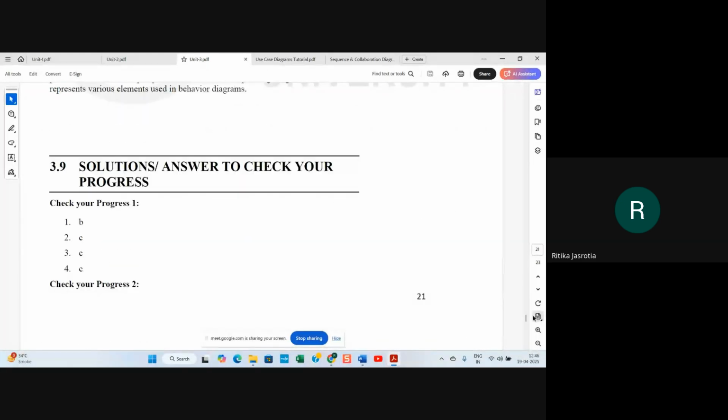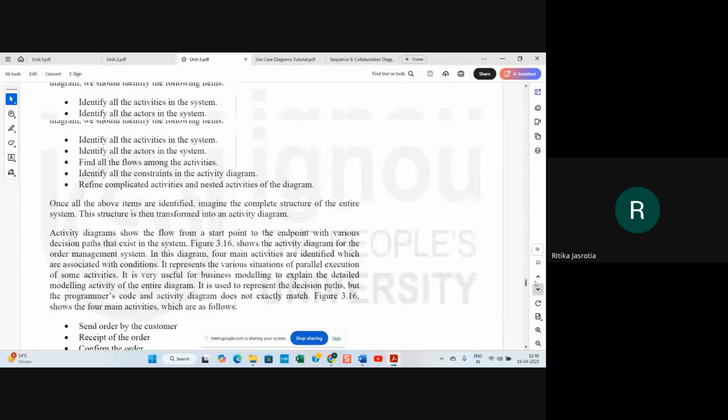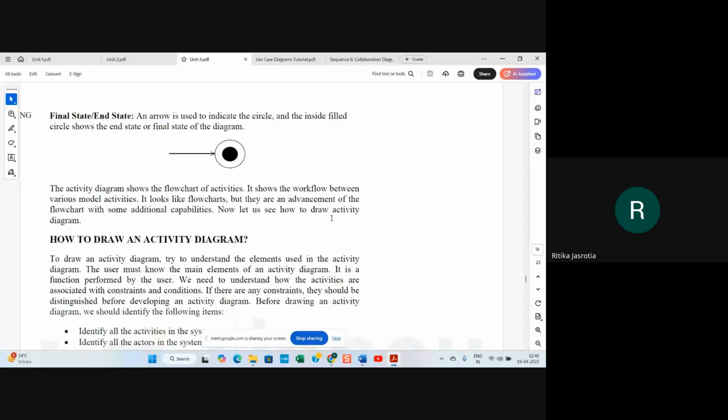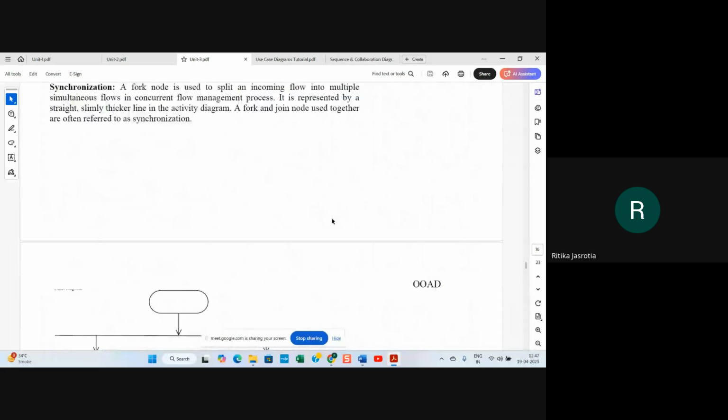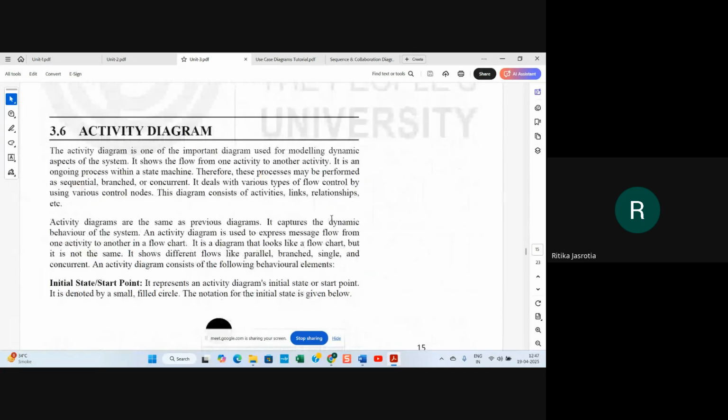But right now we are talking about another diagram in the interaction diagram, which is activity diagram. In an activity diagram, like you draw a flow chart, if you know about algorithm and flow chart, the similar way you draw an activity diagram, right?